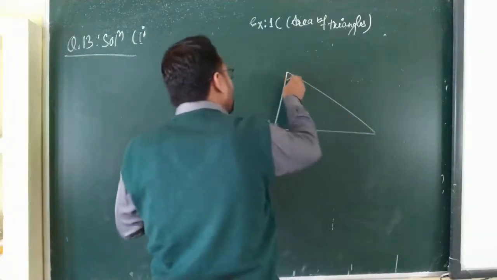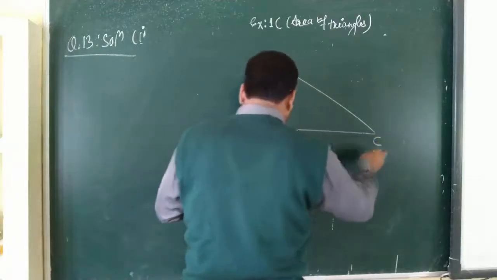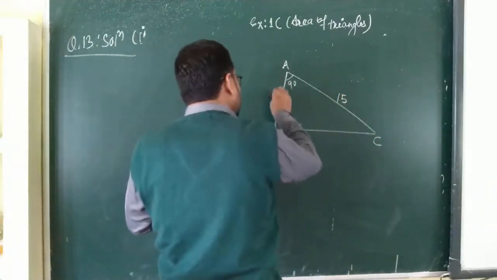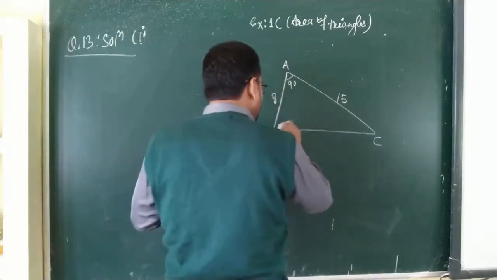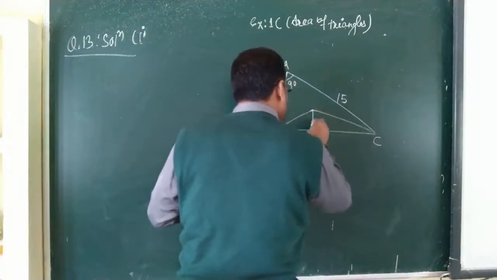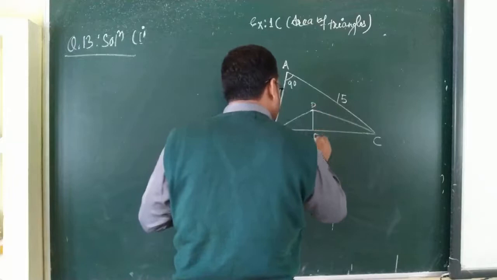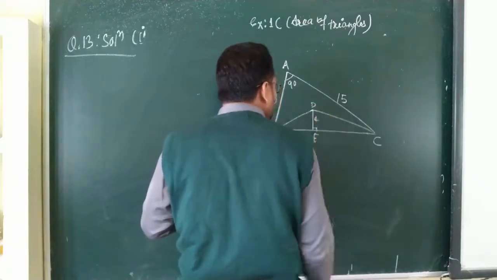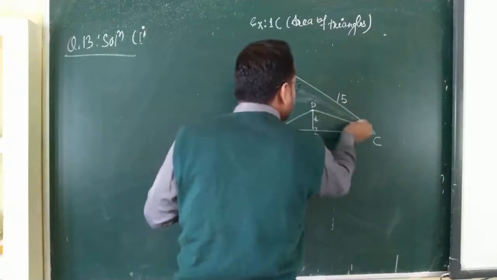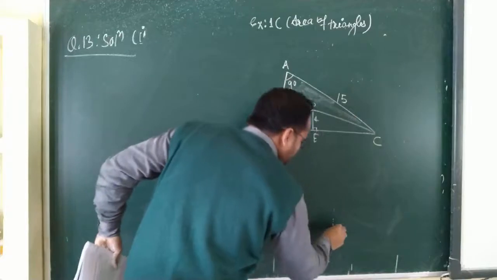Okay, this is a 90 degree, this is A, this one is B, and this one is C. This one is given that 15, this one is 8, and if you want, you can write this name D and E. This is also perpendicular and 4 centimeter. So find the area of this shaded region. This region is shaded. And if you want, you can change this question like that.